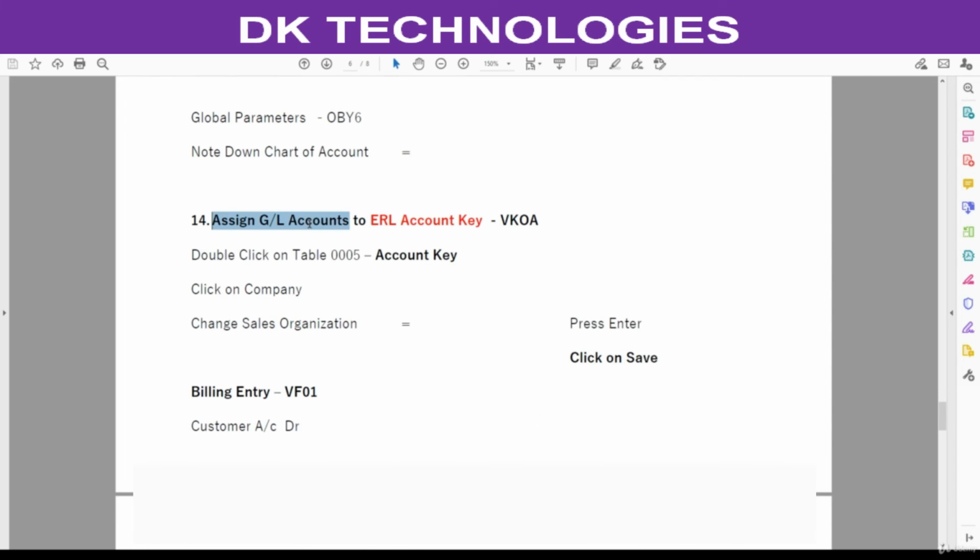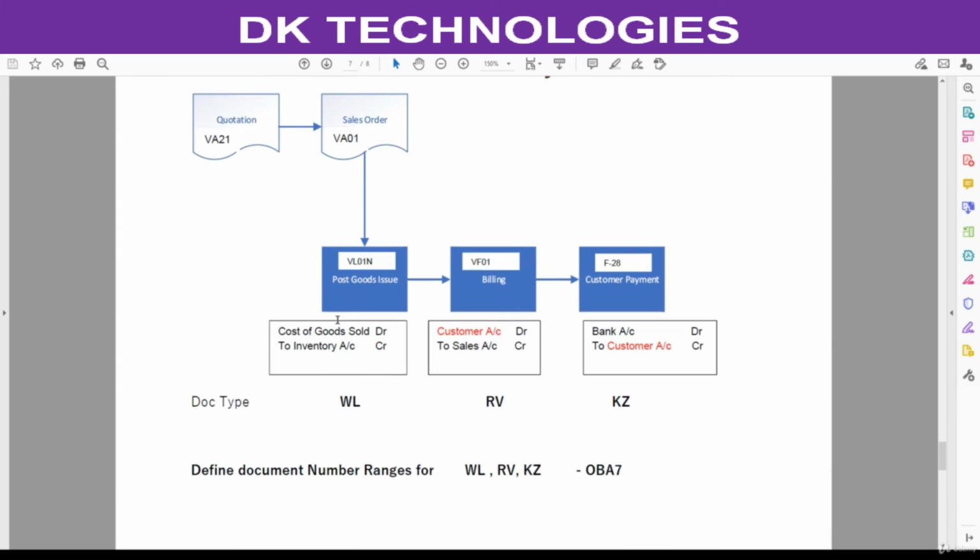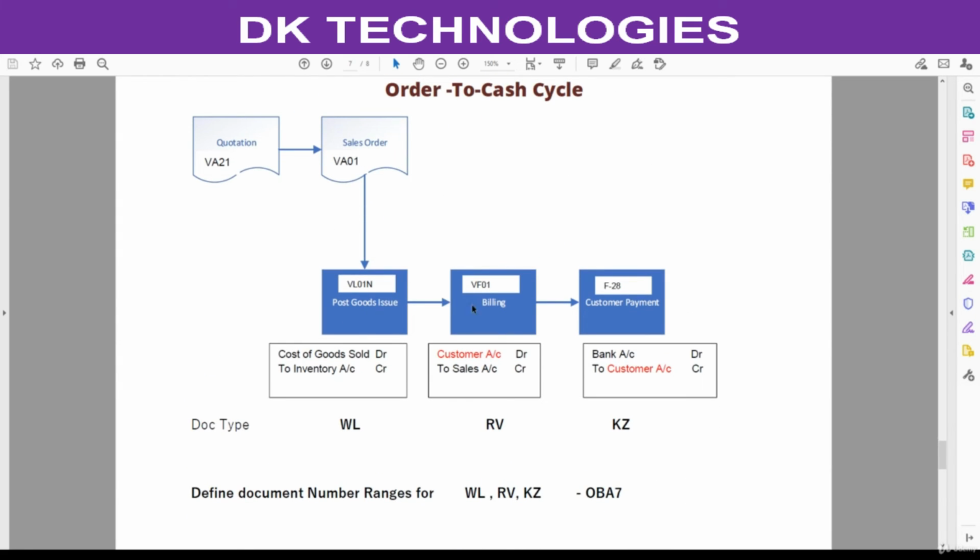Assign a GL account to ERL account key. See this account key, why we need this configuration? When you post this document, see, this is the process flow. At this place, we are going to do the billing. When you do the billing, system is posting entry like this: customer account debit to sales account. Coming to VL01N and VF01N, users are not allowed to enter any GL accounts here.